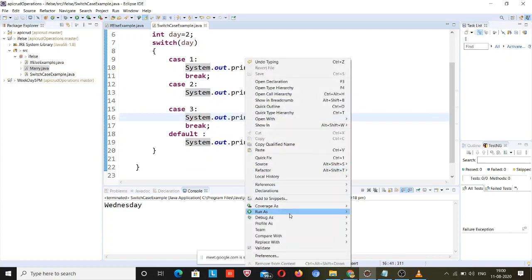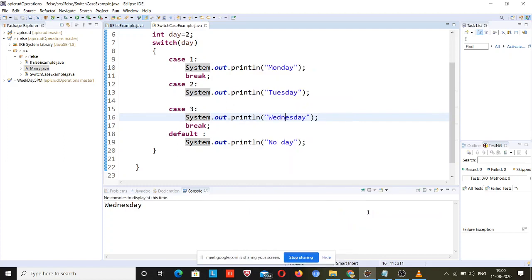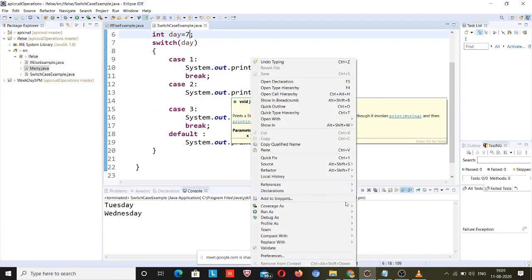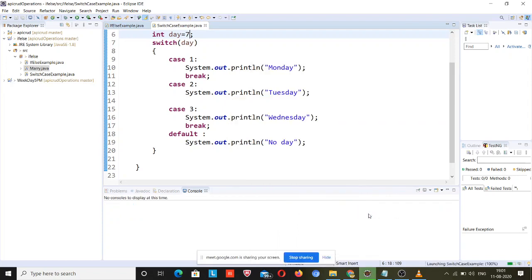So the answer should be Tuesday and Wednesday. Got it? But what if there is no matching condition, like I put 7 over here? In that case, the default should be responsible for printing.